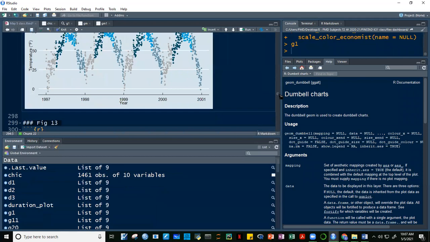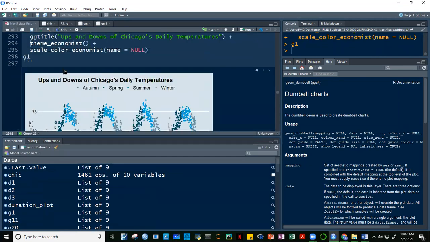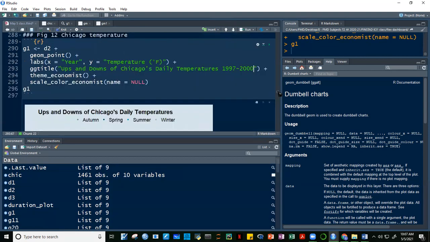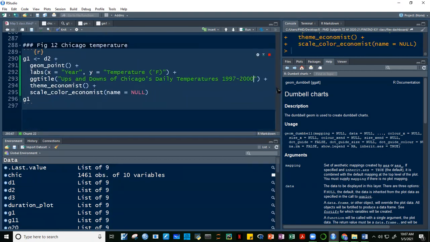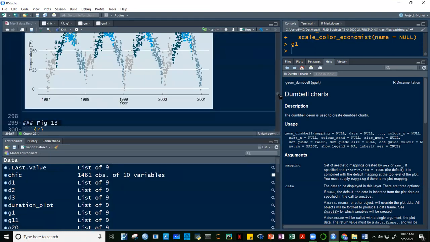Okay. So here we can see, lagyan natin title: Ups and Downs of Chicago's Daily Temperature. Pwede natin lagay 1997 to year 2000. Okay. So run ulit natin. Yan. Okay, so you can see na